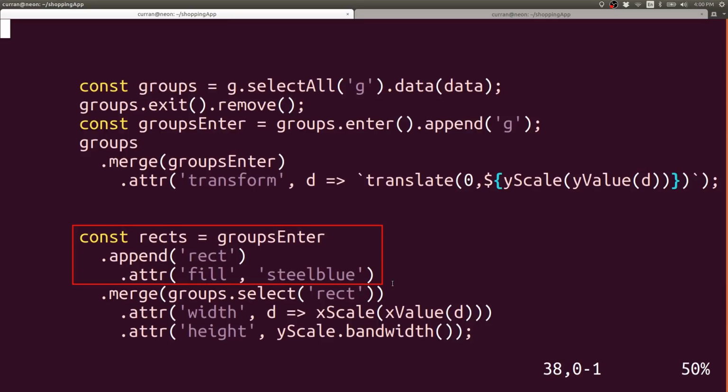This is where we define the enter selection for our rectangles. This is the part that I found most confusing to really learn and understand, groups.select rect. Remember that groups is the update selection for the groups. It's a data join. That means it only applies to the existing DOM elements that were already there on the page. Now, if there's a group